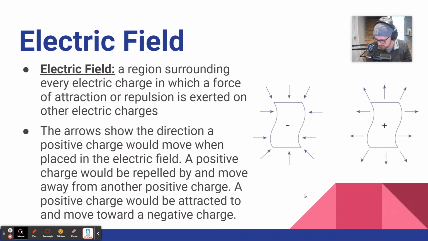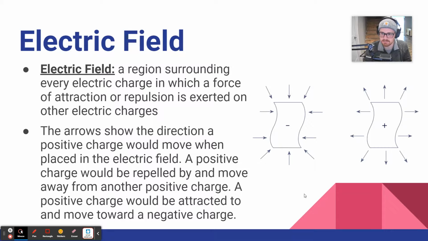Okay, now to understand exactly how this works, we have to understand an electric field. An electric field is a region surrounding every electric charge in which a force of attraction or repulsion is exerted on other electric charges. It's a lot of gobbledygook to say that negatively charged things are going to react in space differently than positively